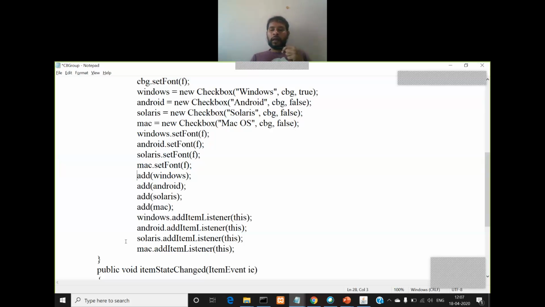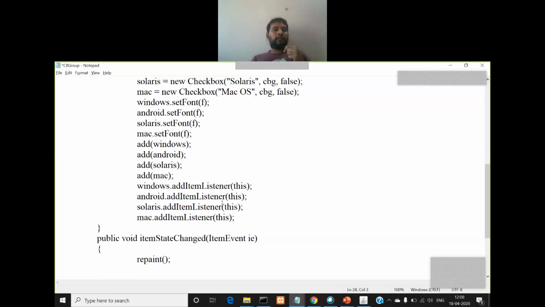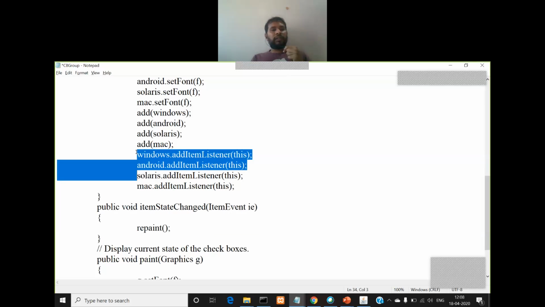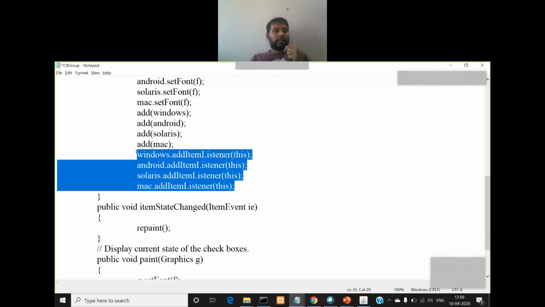So call the add method and pass all those four checkboxes. First add Windows, then add Android, then thirdly add Solaris, and finally add Mac. So after these checkboxes are added to the applet window, now it is time for registering the listener interface for